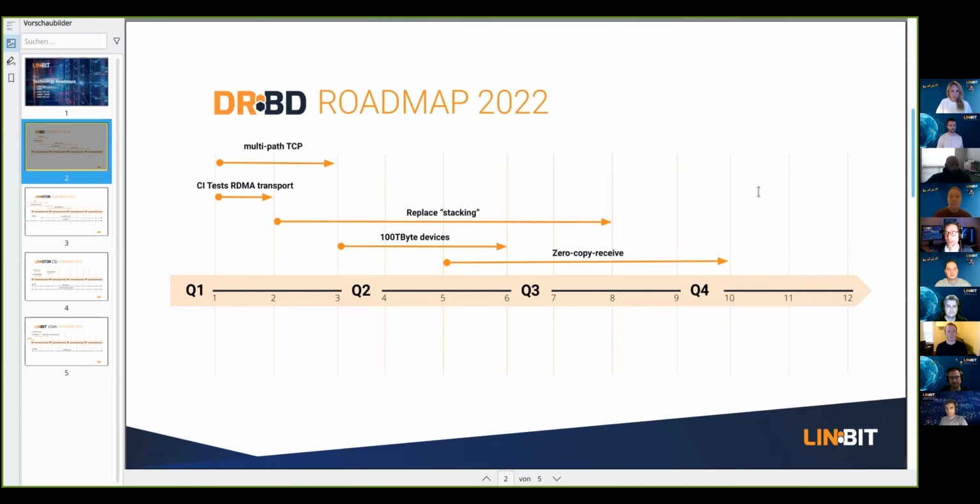And maybe you have seen the recent announcement, the DRBD 9.2.0 release candidate 1 is out, and it comes with a number of amazing new things. We will do the final release of it before Christmas, so in December. I don't expect that major issues come up. And then in the new year,